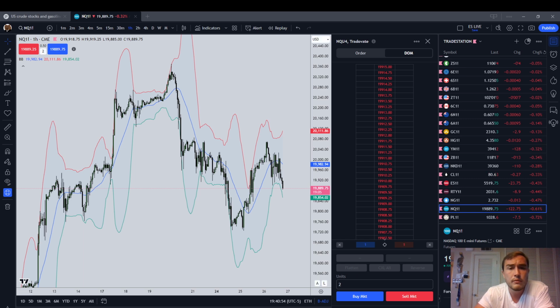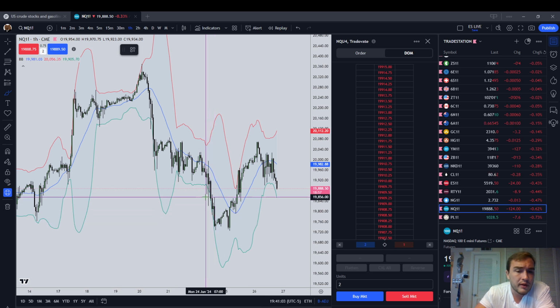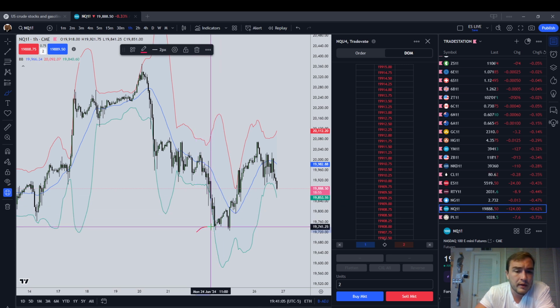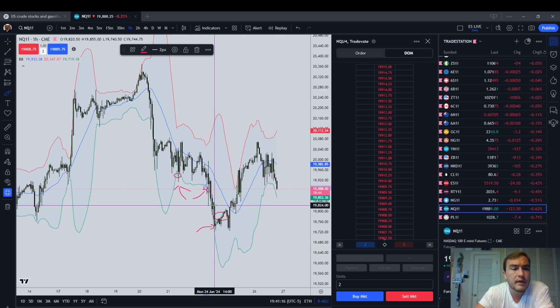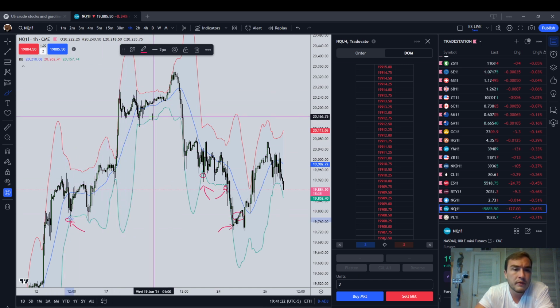All right, so looking at some examples of where a mean reversion trade using the Bollinger Bands would have worked, we can see that the market came down and rode down this third standard deviation Bollinger Band. And somewhere around here, it started to mean revert. Okay, and the same thing here, mean reversion here, and then mean reversion here. So guys, the idea behind this is the market's going to mean revert back from the second or the third